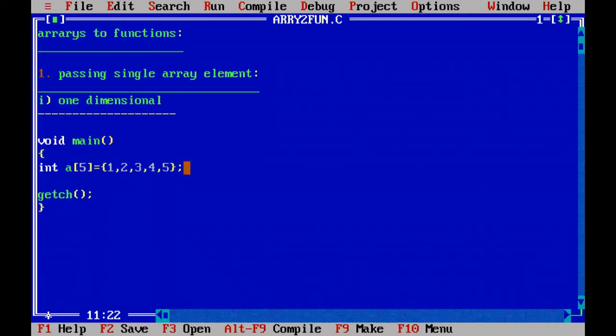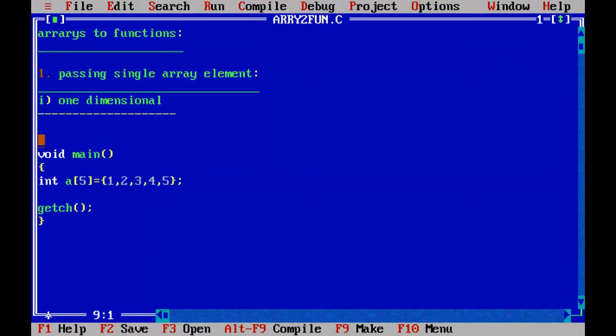Now I want to pass one element, any element, 1 or 2 or 3 or 4 or 5, to another user defined function. To pass that, we should create the user defined function. So first I am writing the function declaration: void, my user defined function returns nothing, and the name of my function is fun.